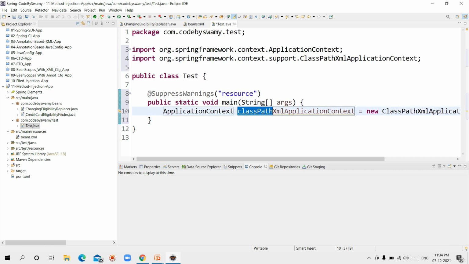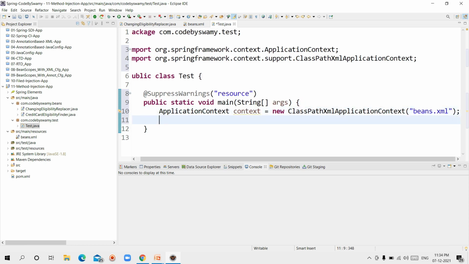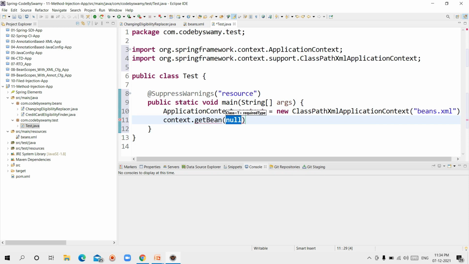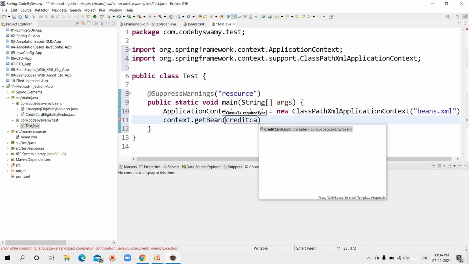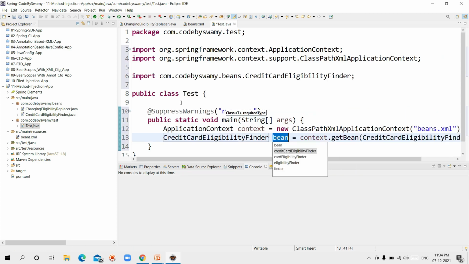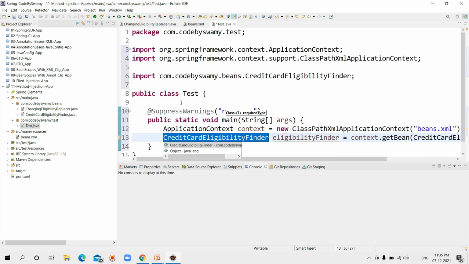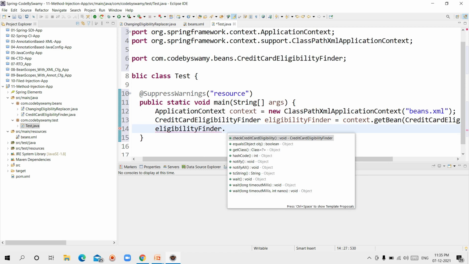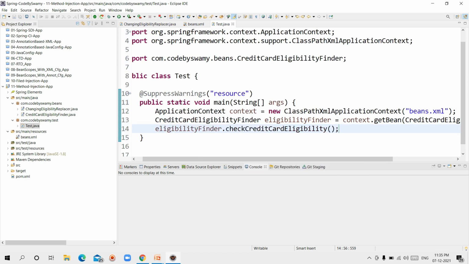I am changing this to simply context. context.getBean, here I am writing CreditCardEligibilityFinder.class, returns CreditCardEligibilityFinder. Then CreditCardEligibilityFinder dot checkCreditCardEligibility. Let's run the application.